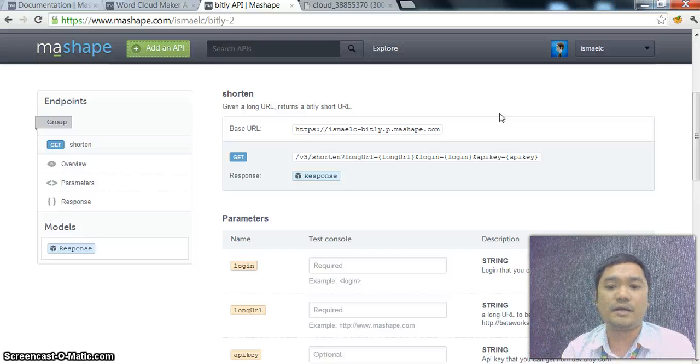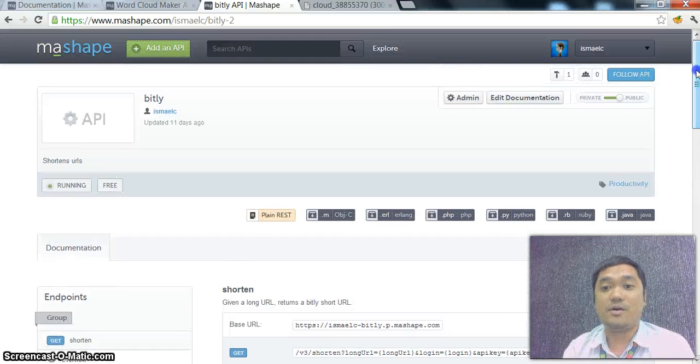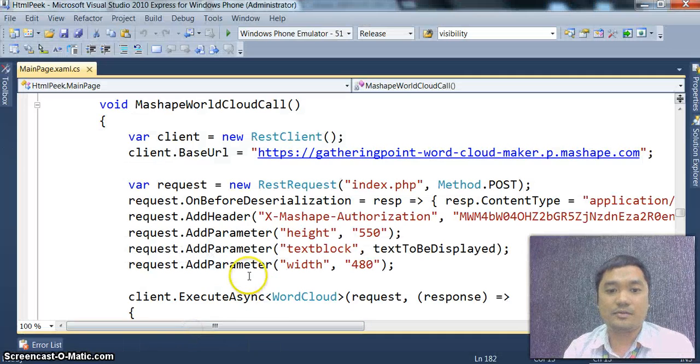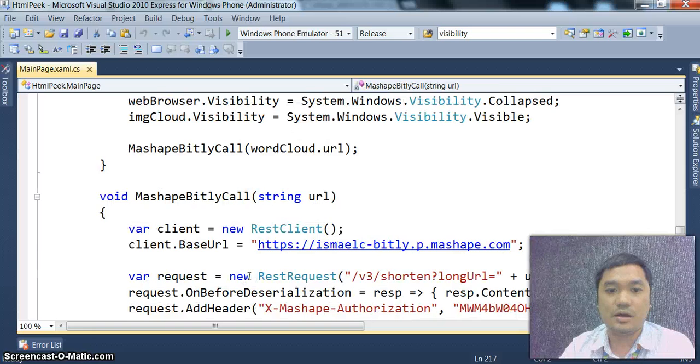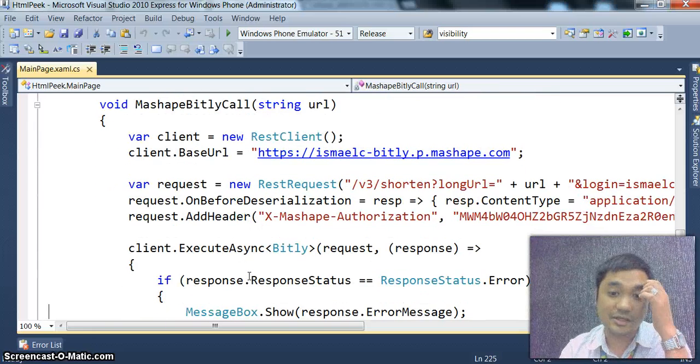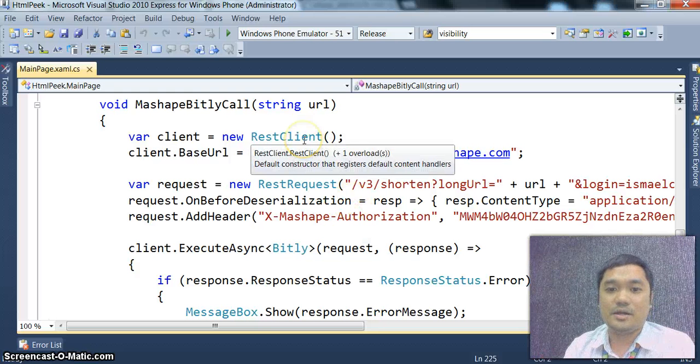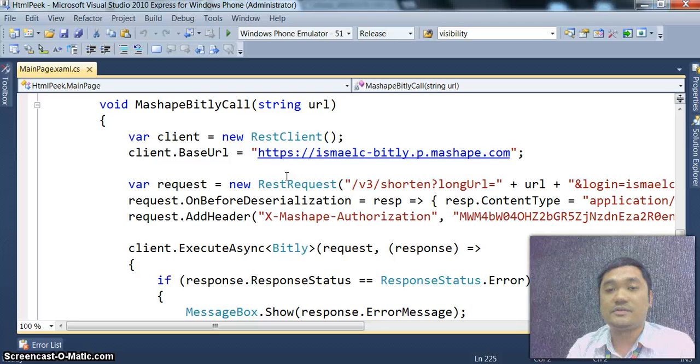And obviously, you could still keep using the Bitly API. Go to their website; they have really extensive documentation. Mashape is not meant to be a replacement for that. But the way I use Mashape is, I test new APIs and see what works and move on to the other one, and it's really nice. So that's how I've been able to use Mashape. For me, I've consumed that API, and I'm just going to show you how that looks. It also almost looks the same. I'm just using a REST client library right here in C#,